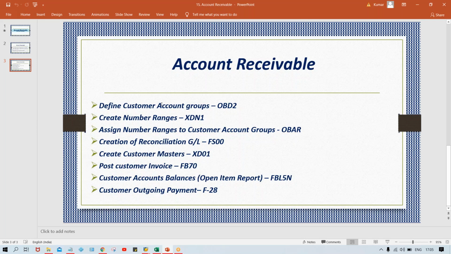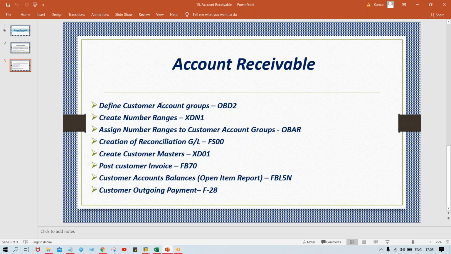In the same way, vendor account group, what does it control? It controls the fields of vendor master, the fields which appear at the time of creation of vendor master, right? At the same time, it controls the number ranges of vendor master. If you create a vendor, try to remember, guys, the system is going to generate a vendor number. Where is it coming from? Indirectly, account group is involved, because we have created number ranges, and that number range code we assign against the account group, and the vendor is created against the account group.